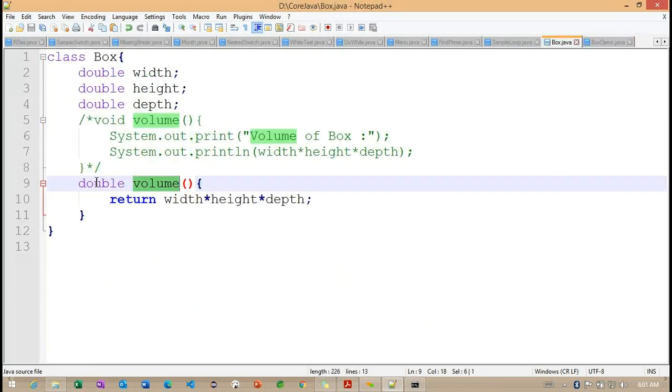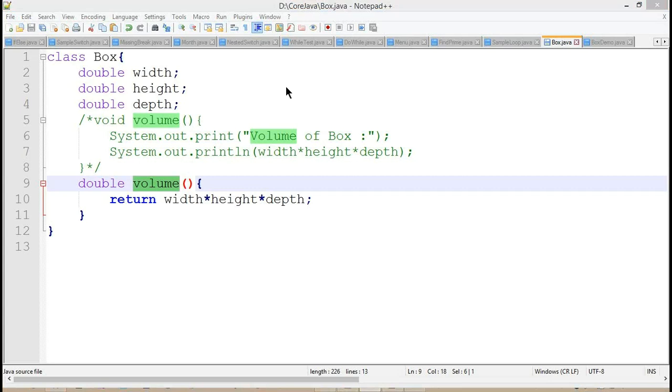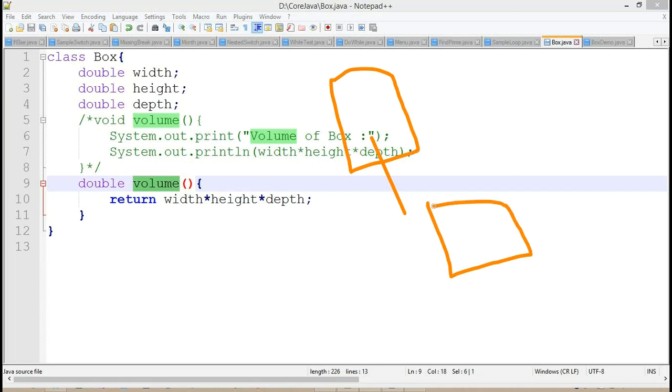In which scenario can we go for this return type method, and in which scenario can we go for a method without returning anything? Basically, in real-time examples, whenever we connect with our example, we'll try to return some value here. Why will we use a return value? Because of the architecture we are going to create. In a real-time example, we create some resource classes. From the resource classes, we connect with our service classes. From the service classes, we connect with our database classes.